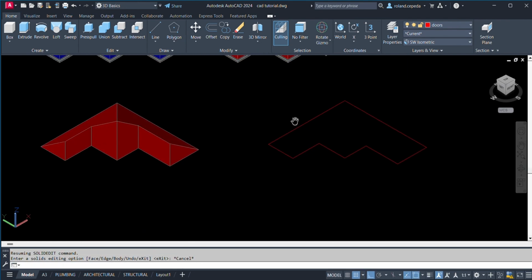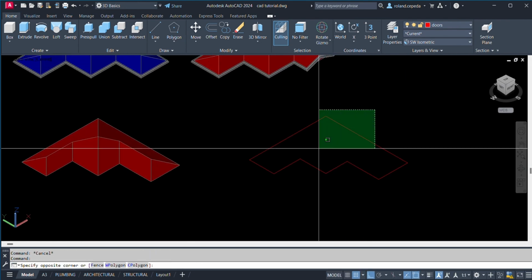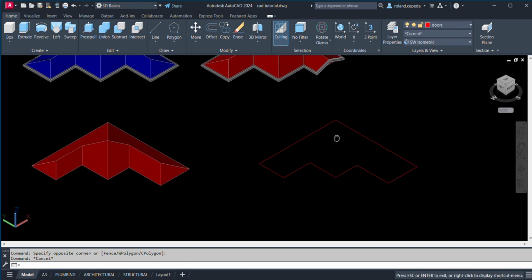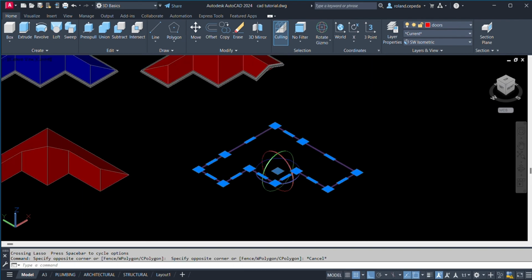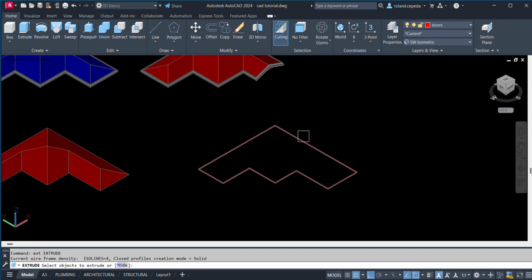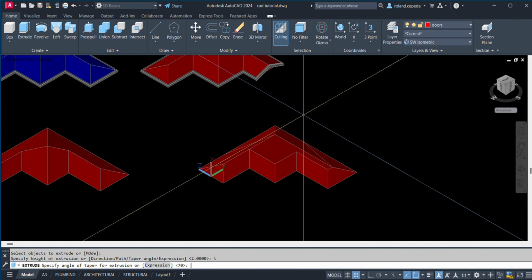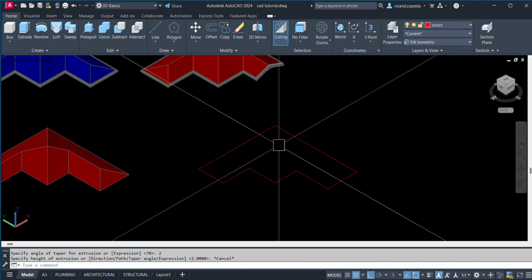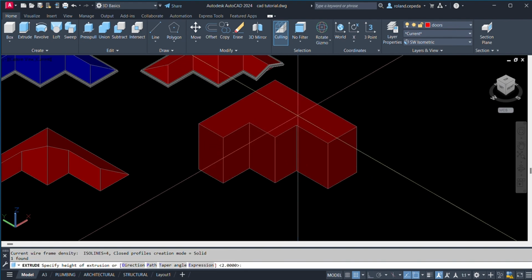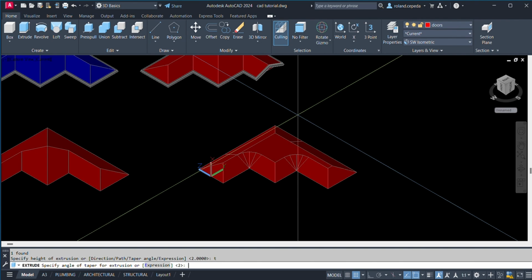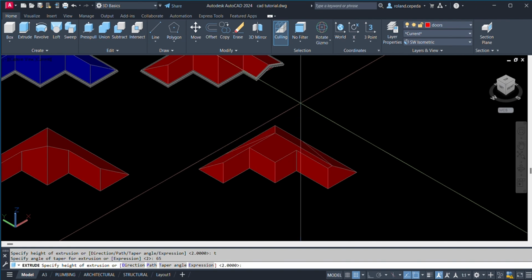So I repeat the command, just type EXT, and then T for taper. Then 70, let us say 65, space, and then height would be 2 meters.